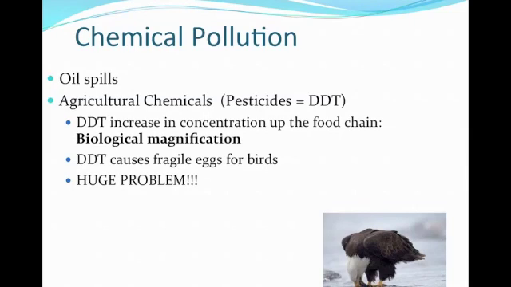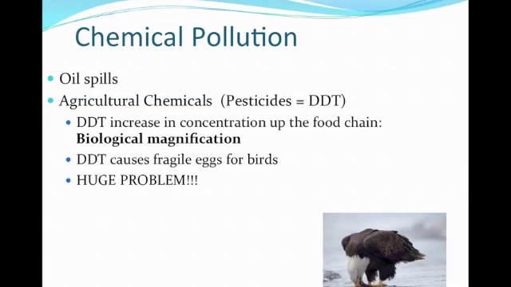Oil spills are pretty basic, the fact that they do destroy so many of those species there. There's also agricultural chemicals. There was a pesticide known as DDT that was huge before, and the problem with DDT is it would be sprayed onto the plants, and then it would go into the soil when it rained, and then it would eventually end up in the ocean, and it would end up in the fish,